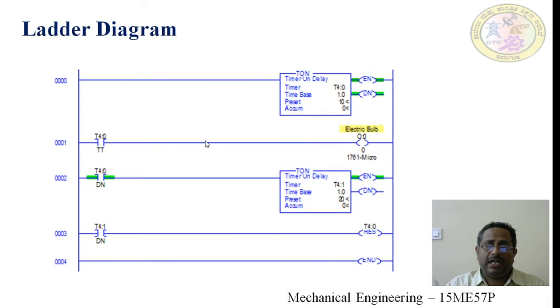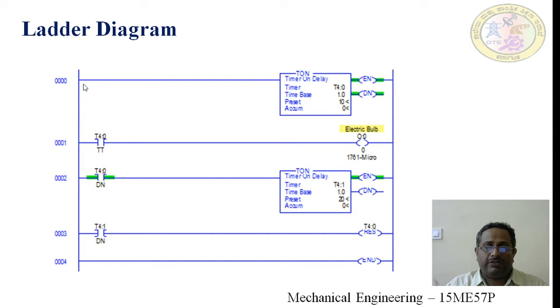And this is the ladder diagram to achieve that objective. Here we have not connected any input buttons, we are connecting directly to a timer. Here we are using two timers, timer 0 and timer 1. The first timer is to switch on the electric bulb for the preset time, that is 10 seconds. The second timer is used to switch it off for 20 seconds. Then the reset command is used to reset the first timer, and again it will start to switch on the electric bulb. See how it will work.